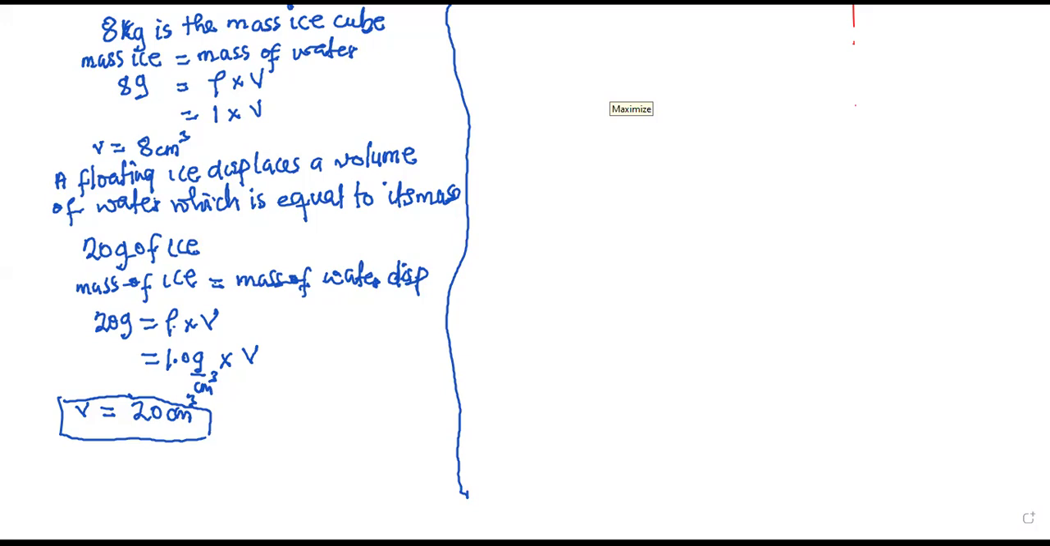So, Ella, all that I'm saying is that if the mass of ice is x grams, it will also displace x cm cube of water. So 8 grams of ice will displace 8 cm cube of water. 20 grams of ice will also displace 20 cm cube of water. So whatever the mass is,